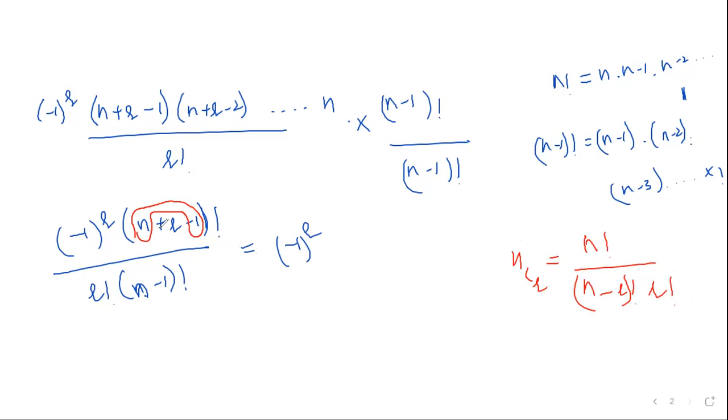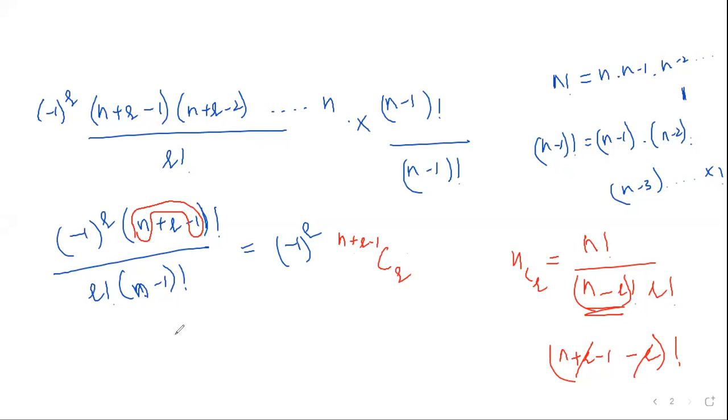Similarly, if I take n plus r minus 1 as one term, then we can take this formula: n plus r minus 1 factorial, then n minus r factorial, which becomes n plus r minus 1 minus r factorial. Positive r and negative r get cancelled, leaving n minus 1 factorial. So this can actually be written as n plus r minus 1 C r.